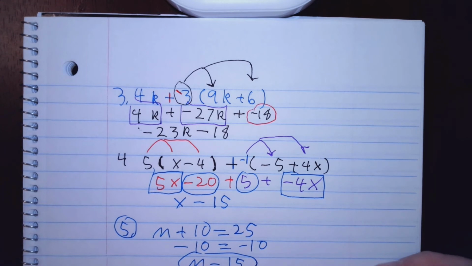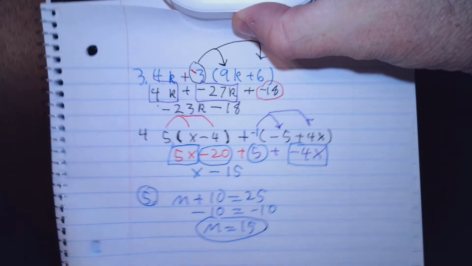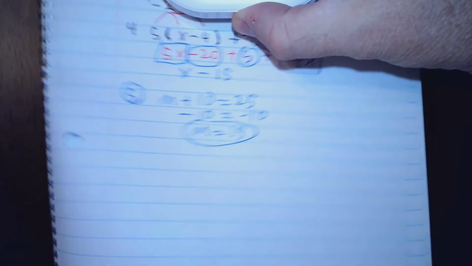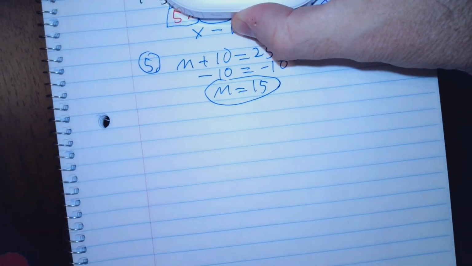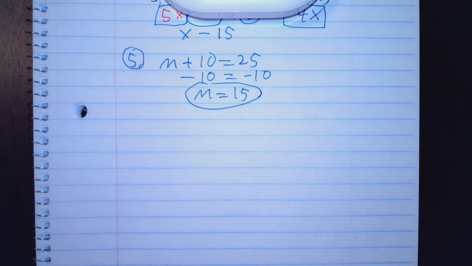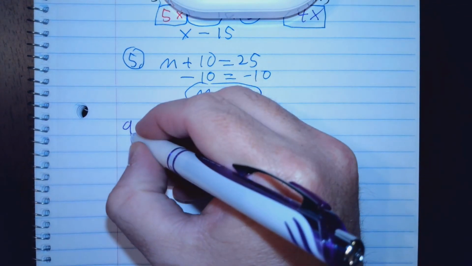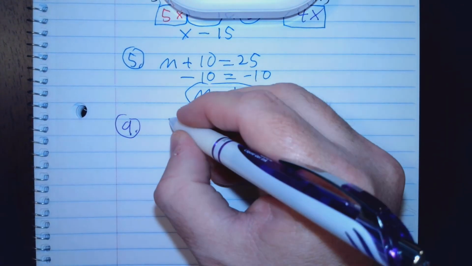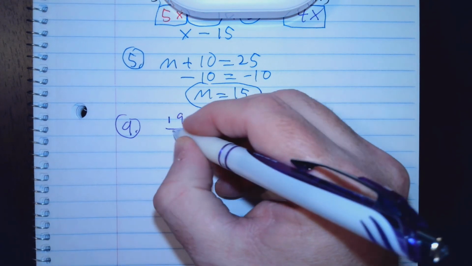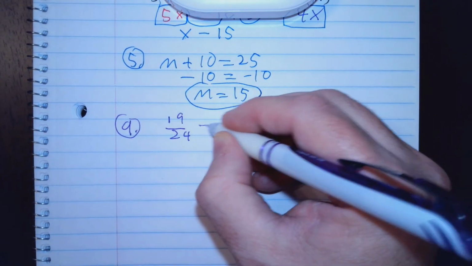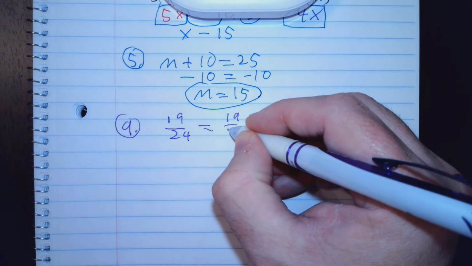Okay, let's get to something a little bit tougher. Let's go to 12. Well, let's go to 9, just to refresh your memory on 9. Uh-oh, you can't see what I did. Okay, that's 5. Let's go to 9, just so you remember how to do 9. If you get 19 over 24 equals 19/14 x,